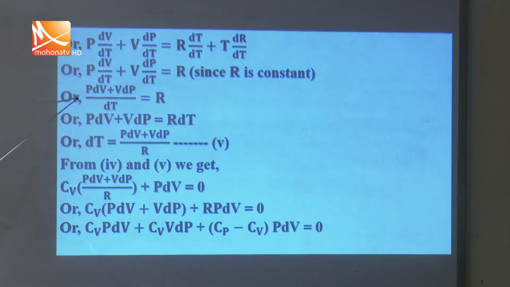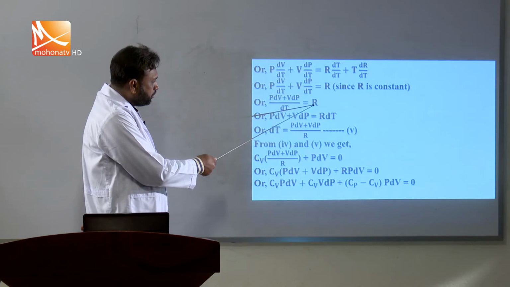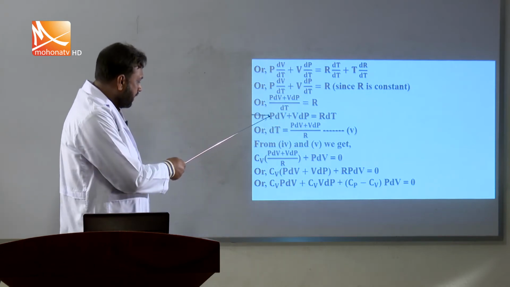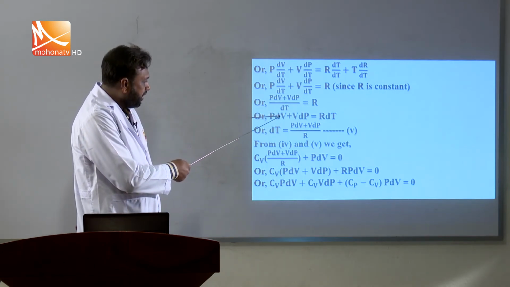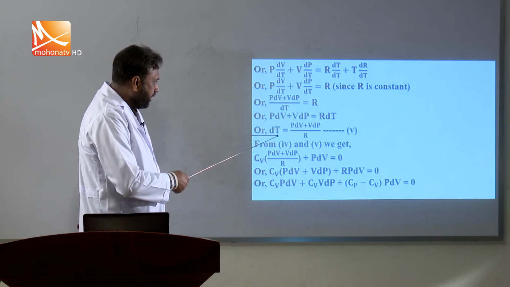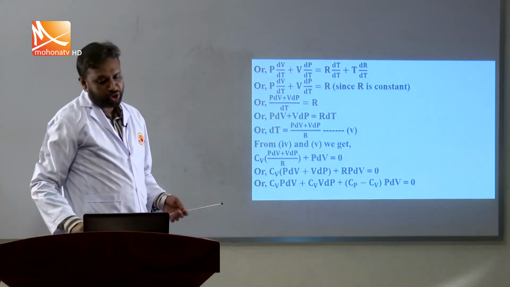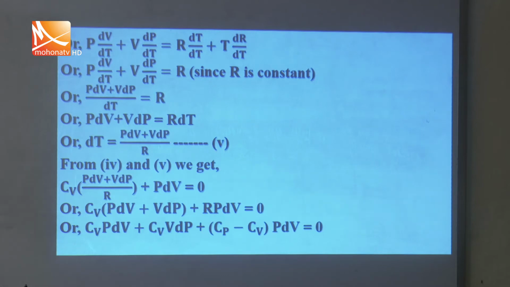Taking the LCM dT, we can write (PdV plus VdP)/dT equals R. If we cross multiply this relation, then we can write PdV plus VdP equals R dT, or R dT equals (PdV plus VdP) divided by R. This is equation number 5. Now from equation number 4 and 5 we can write Cv (PdV plus VdP)/R plus PdV equals 0,